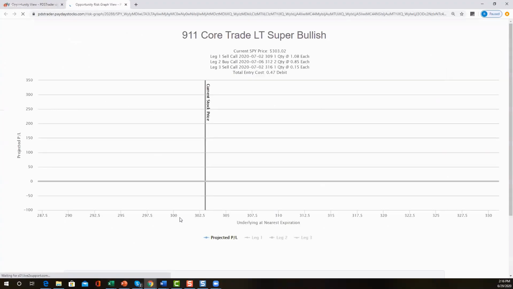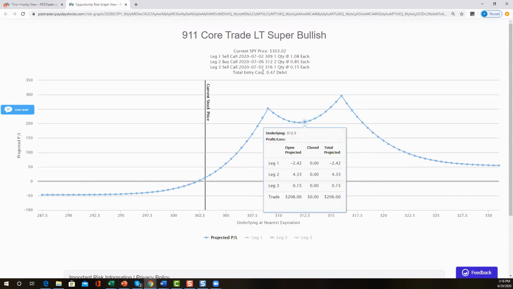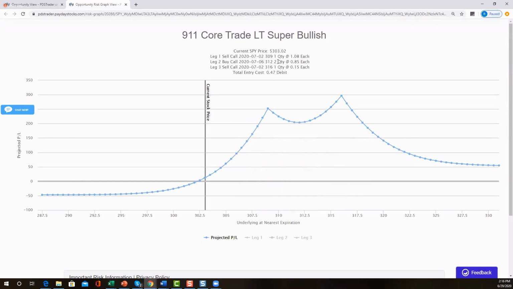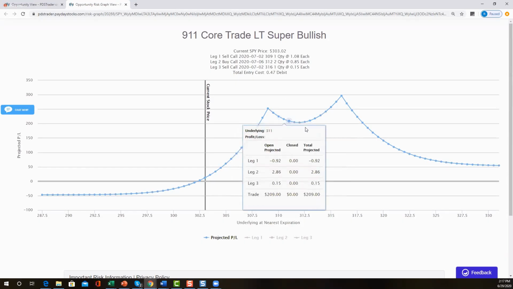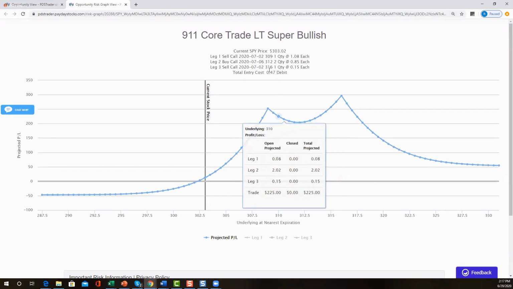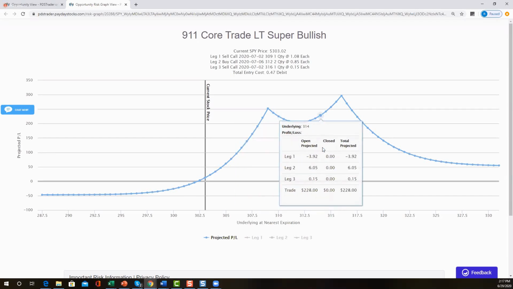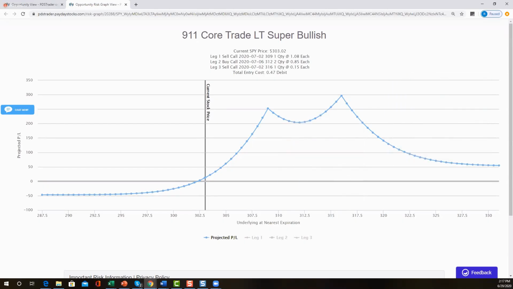This is how I find them on PDS Trader. I really don't like this dead zone, but it's at $200 and it's only 2 longs, right? So I would actually be almost willing to pay about 65 cents for this by not selling the 316 to begin with, and then at some point selling the 316 at a higher price, or maybe even a 317 or 318. Okay, that's how I find these.